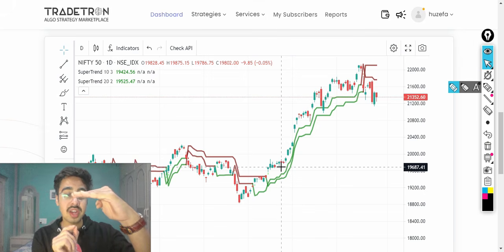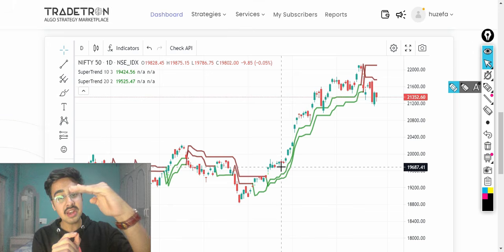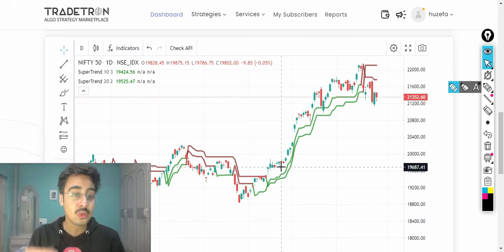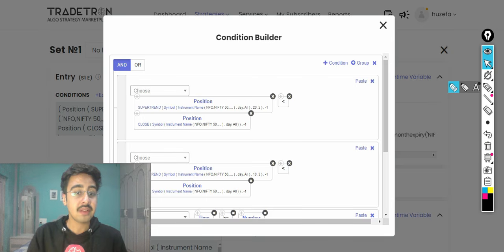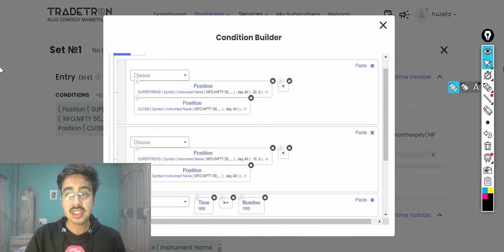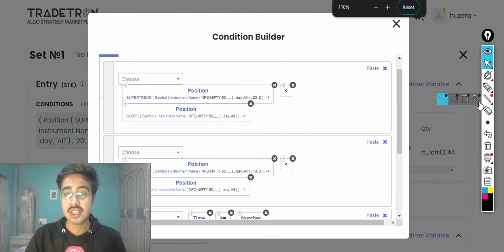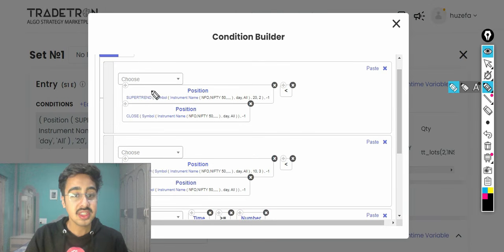Only if the super trend is here and the price is more than the super trend level will the super trend be green. So for that, I have my first two conditions that I have added. Let me increase the size. My condition is that the super trend of 10-2 on a daily candle